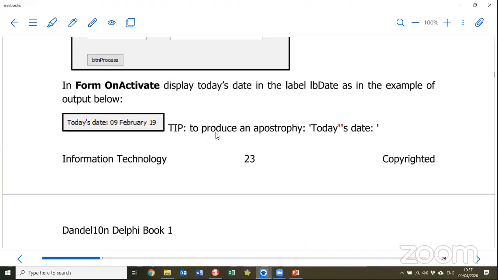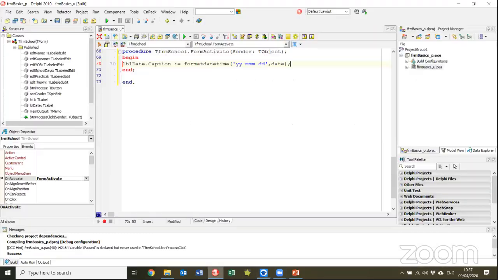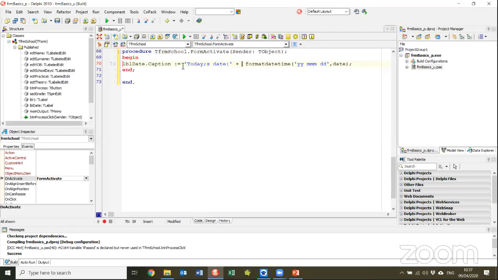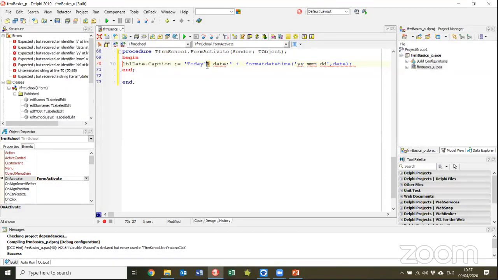Okay, let's have a look quickly at what it was. They wanted us to display today's date and then day, long month, and short year. Now, this is a very cool trick, or something that's very important. In order to display today's date like this, you'll see Delphi gives me, well, okay, it doesn't because I've used the wrong character. Okay, but you'll see as soon as I put in my apostrophe,